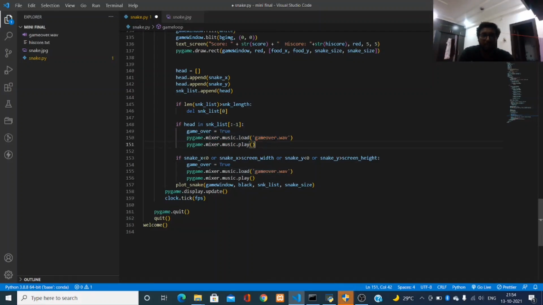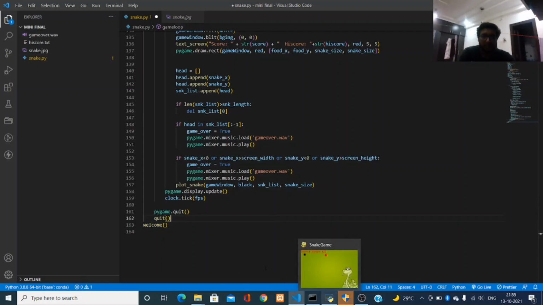It is an audio file. Same if the snake touches any side of playing window, then also the game is over and plays this audio file game over dot wav. Then the pygame dot quit, it will exit the game. And the last I have called the welcome function.